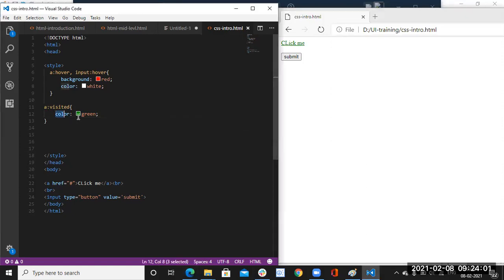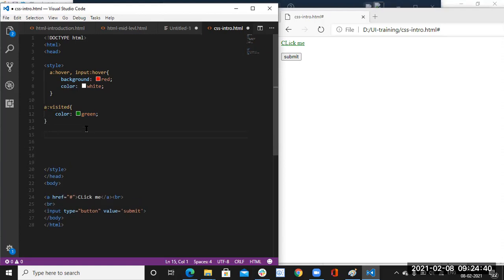You will see that green color is applied because this anchor tag is already clicked, right? In our previous example, this anchor tag was already clicked. Because of that, it is an already visited link, and the green color is coming. So a:visited means, when you write your first code, you can write a:visited with some color. Initially that color will not apply. Whenever you click on it, you will get that green color. Okay, that is visited.